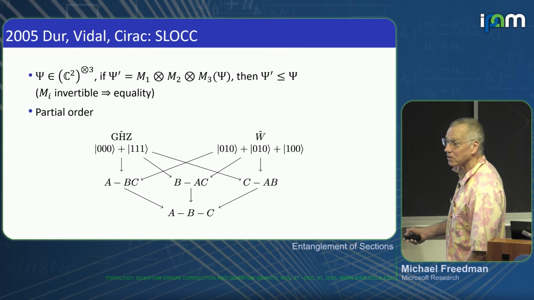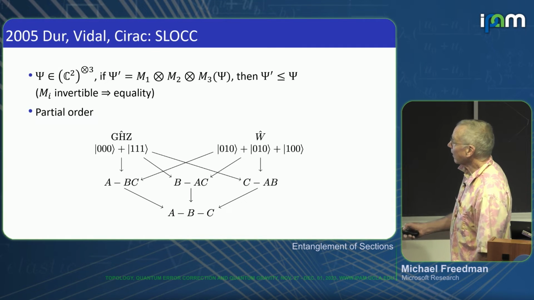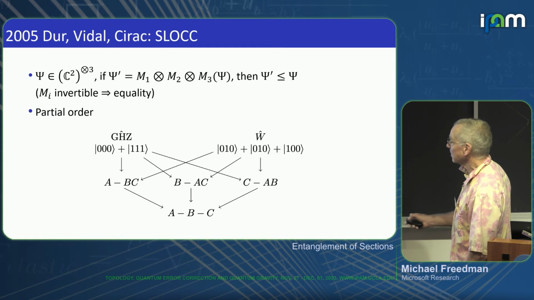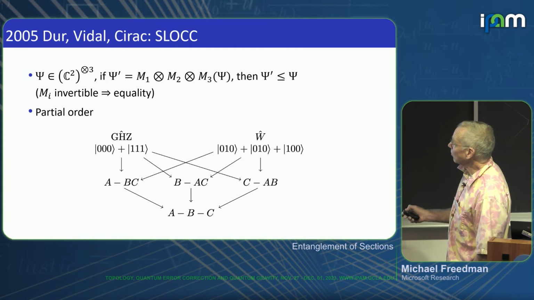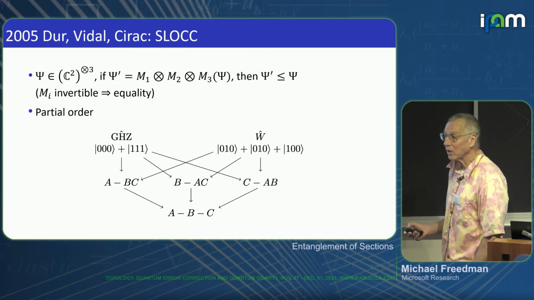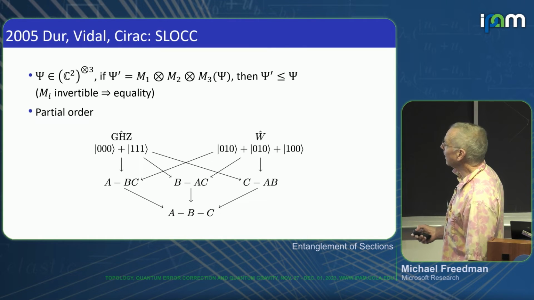It's A tensor B tensor C, no plus signs. This line here means it's A tensor an arbitrary state between B and C that can have any entanglement, and similarly for the others. Then there are 2 interesting cases that are fully entangling between the 3,